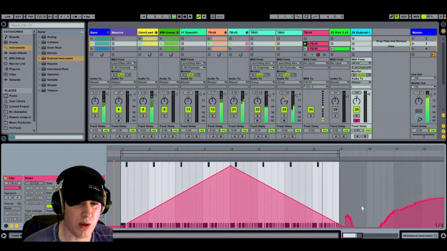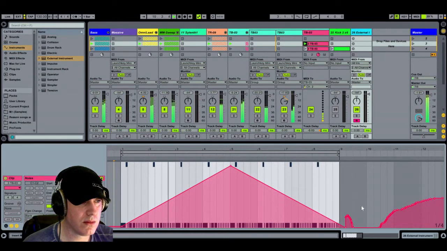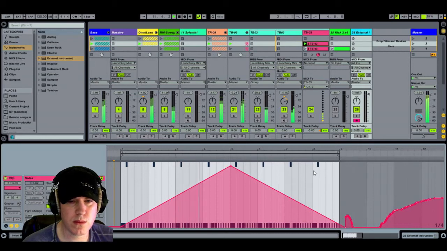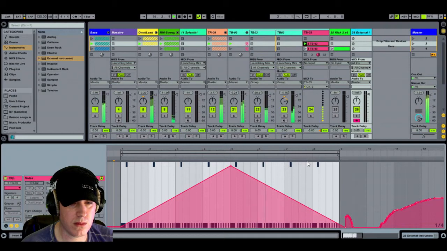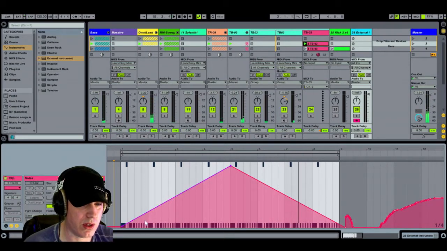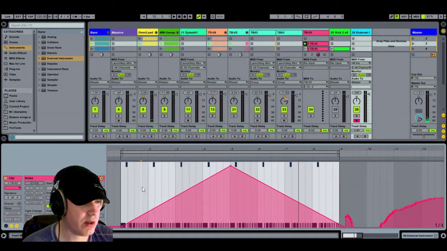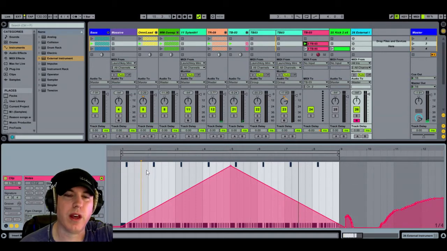Right, and then it'll loop around. Just playing back the control there. But I think what I want to do, because I want to actually be able to, once you record